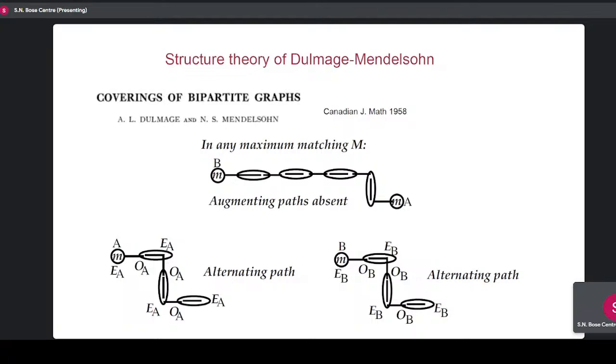So you go along alternating paths from one monomer, and you label all the vertices of the graph as even, odd, or unreachable. Even if you reach them with an even number of steps, odd if you reach them after an odd number of steps, and unreachable if they are completely unreachable from the monomers via alternating paths in the particular maximum matching you start with. You just do this labeling. And what these gentlemen say is that this labeling is unique. It's a property of the graph, not a property of the maximum matching. You can take any one maximum matching and get these labels E, O, and U, and you can take any other and you get the same labels for it. That's the theorem. The uniqueness is the theorem.